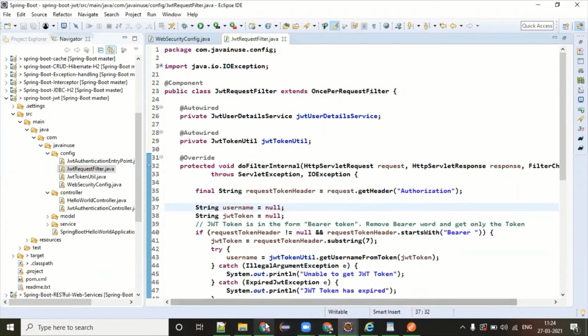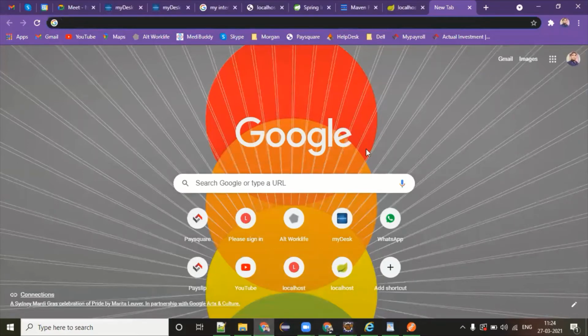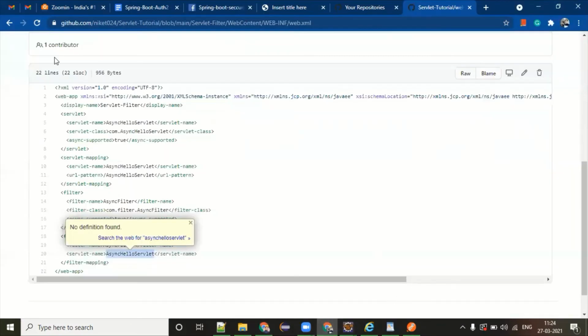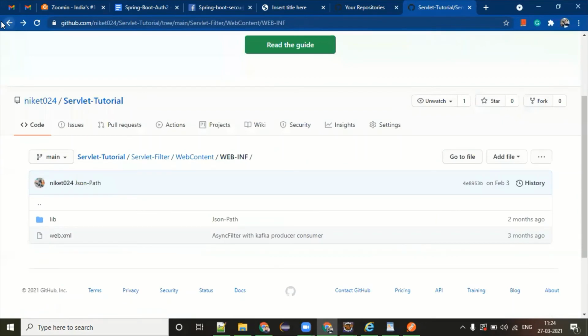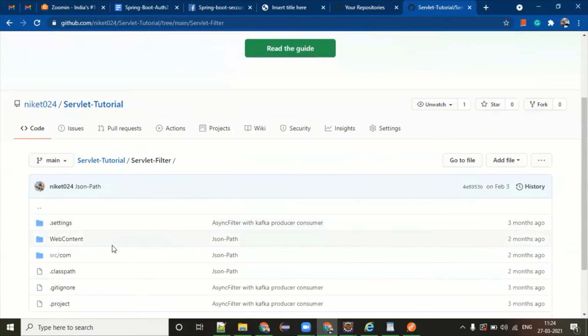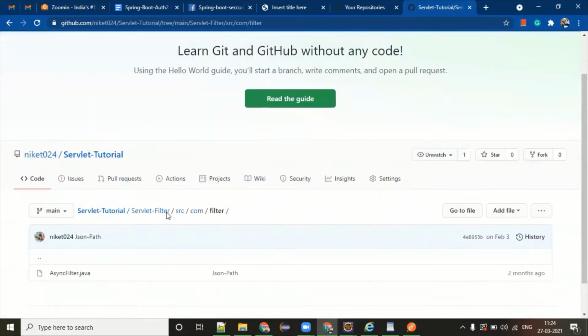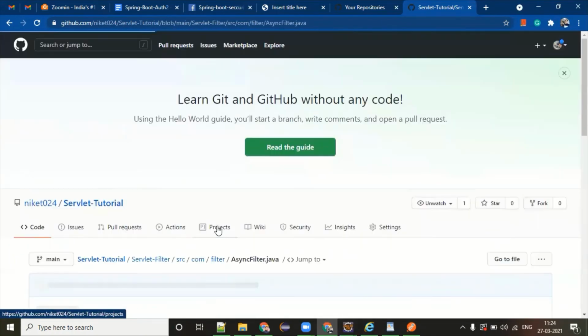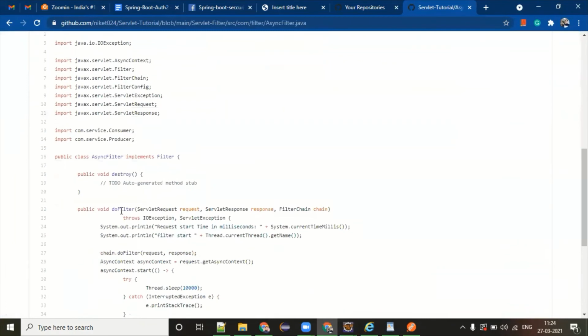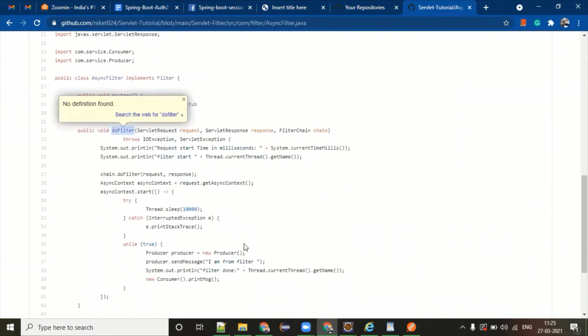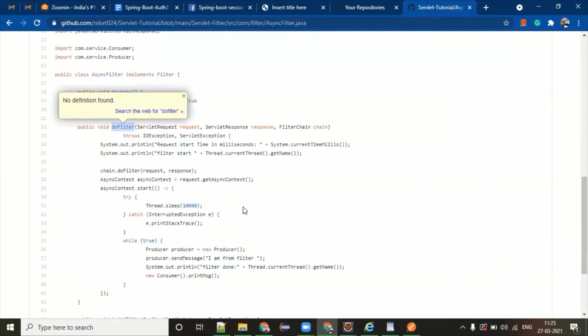Now, if you also look at the syntax of this filter, under the SRC, look at this filter, guys. Any filter has three methods. One is doFilter, where exactly the logic is written for your pre and post.